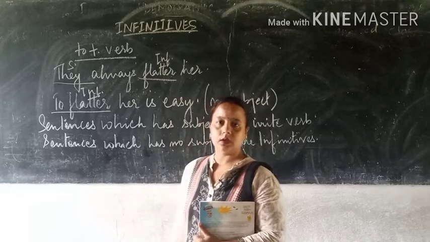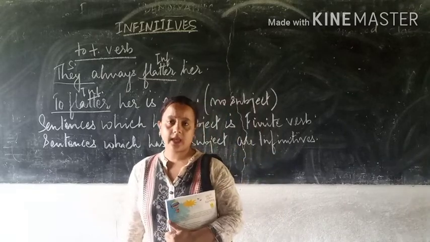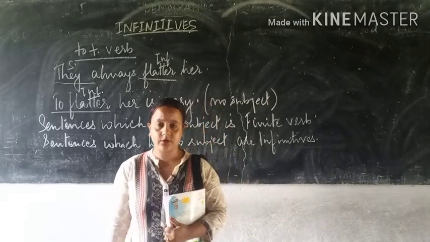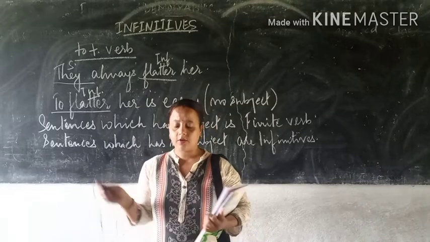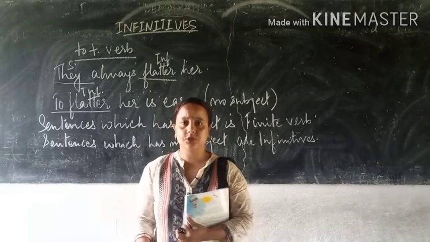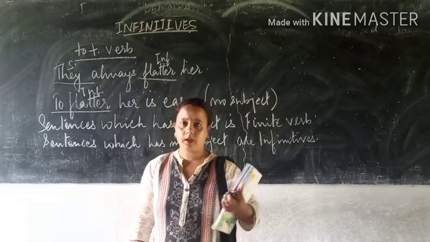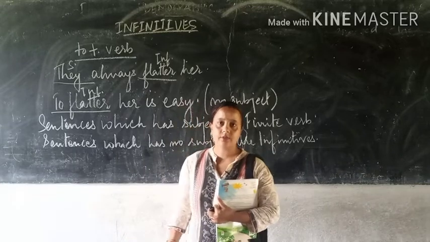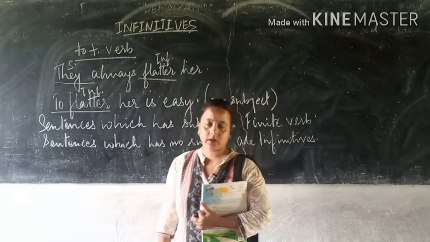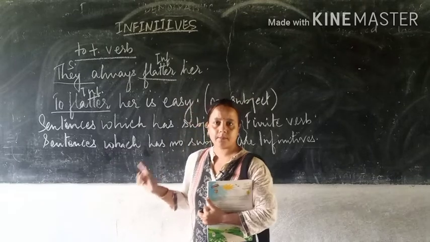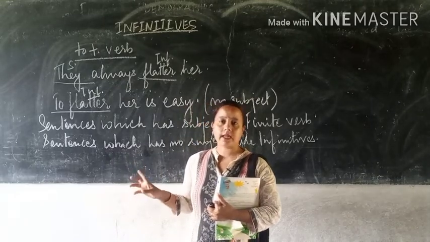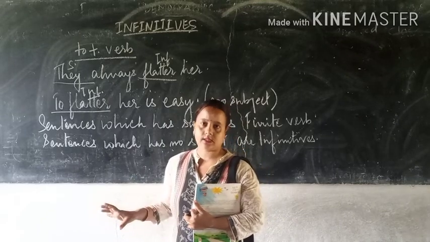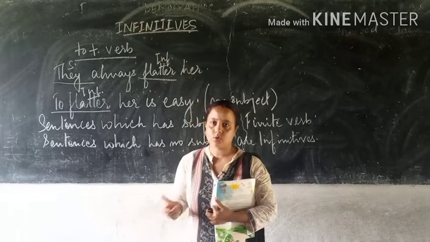So the topic today that we will be discussing is infinitives. Similarly, we had already done gerund in the last class. So gerund is basically verb plus ing, that is used in present form. Similarly, the infinitive is again with the verb, that is to plus verb. No ing, it is to plus verb. That means when we are writing any word, we are just putting the word to. For example, to dance, to sing. Okay, it goes like that.